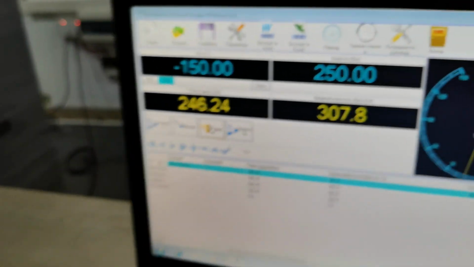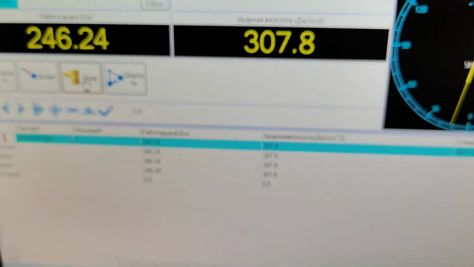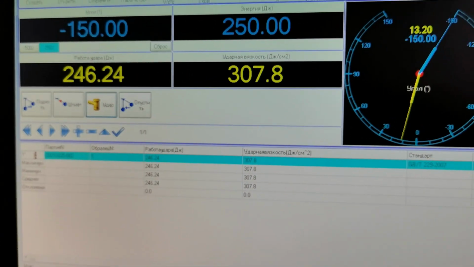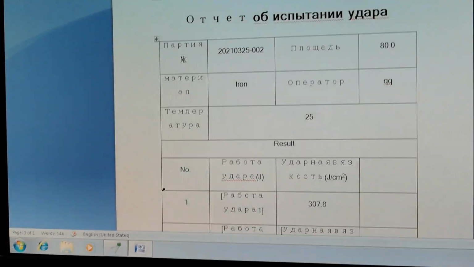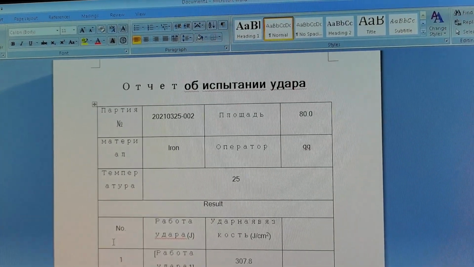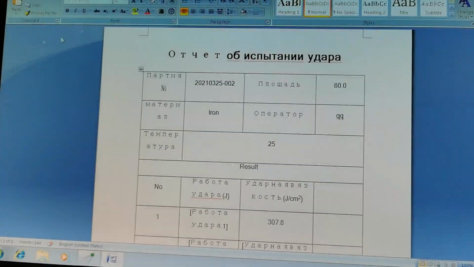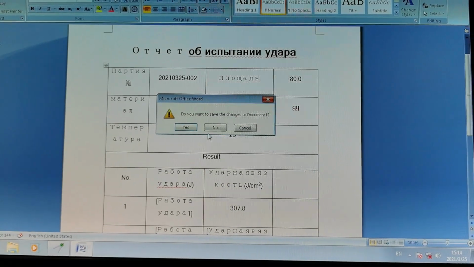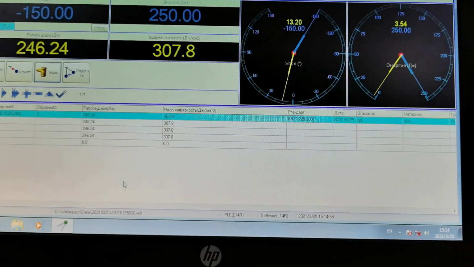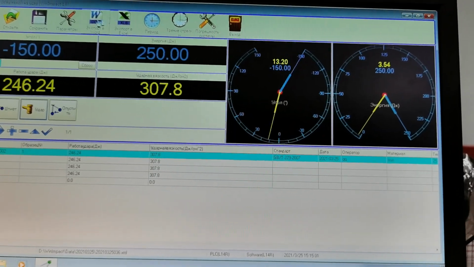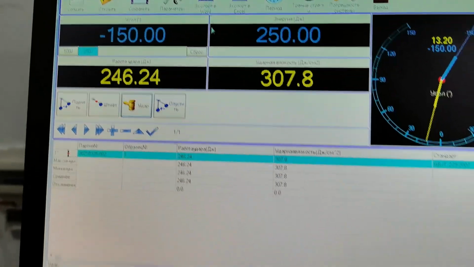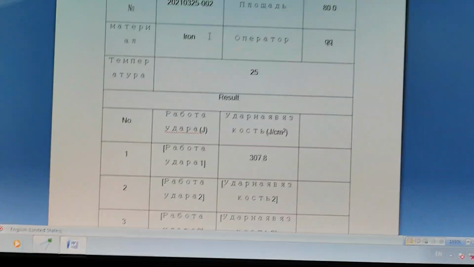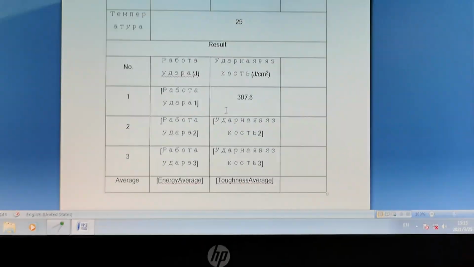And you come on, look at the software. You can see the test parameters after testing, and then we can also see the report. And we can put out the report, and this is the report. And we can print